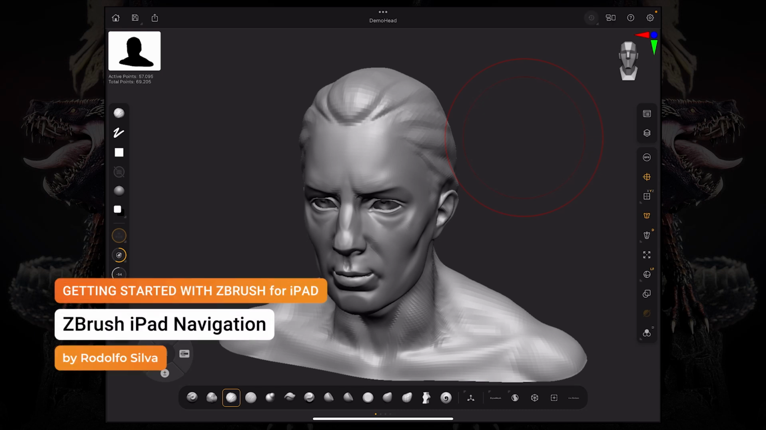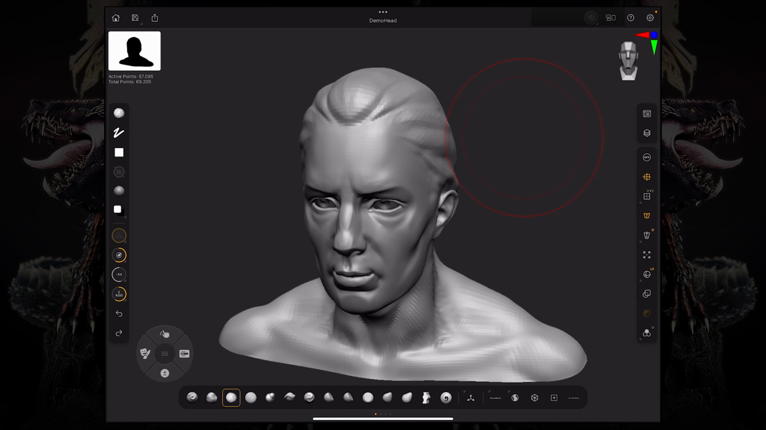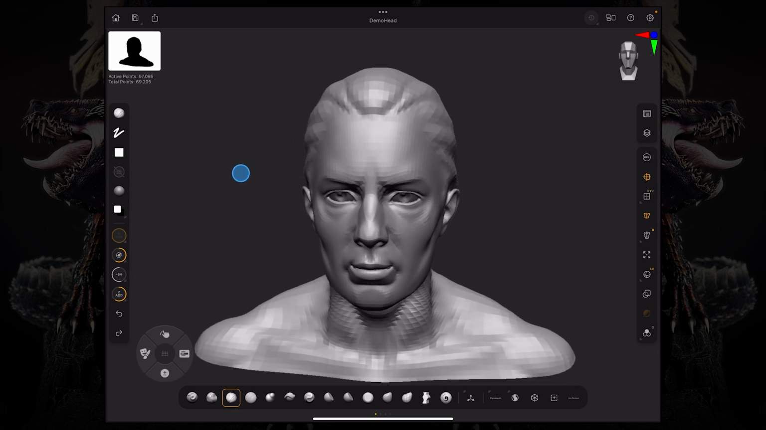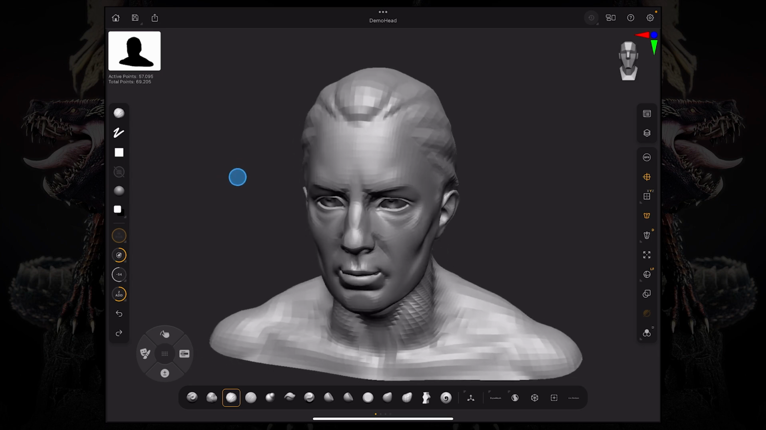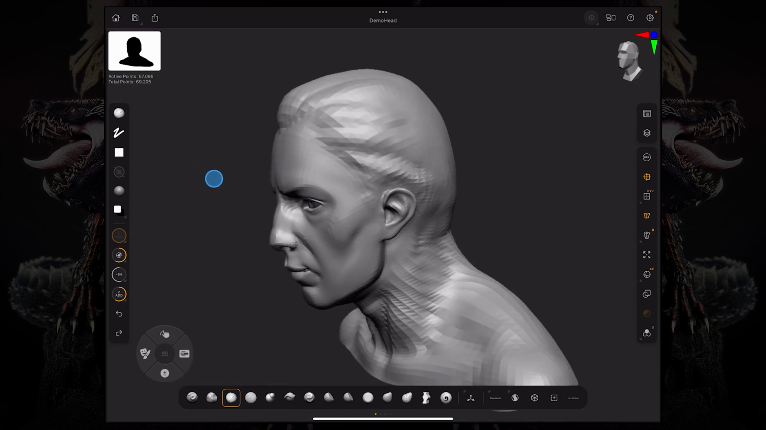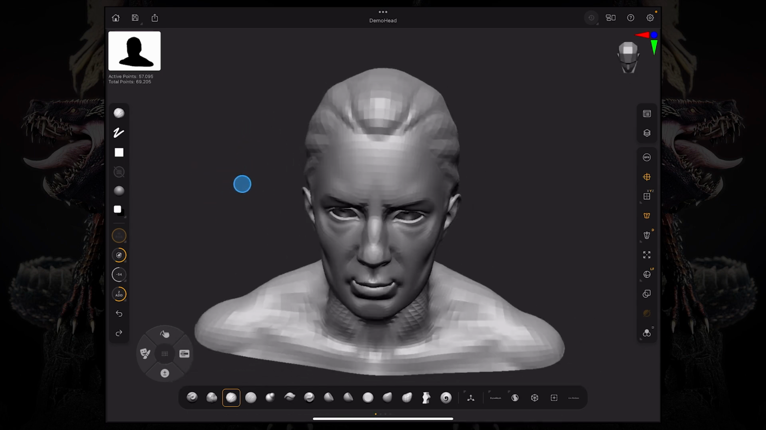Let's talk about navigation. The first thing that you need to do if you want to rotate your camera is just tap with your finger on the open document or outside your 3D model, as you see on screen. That blue dot represents my finger on the iPad. If I tap and just move my finger around like that, you can see it's just rotating